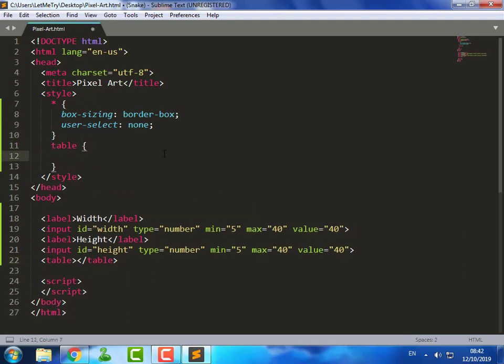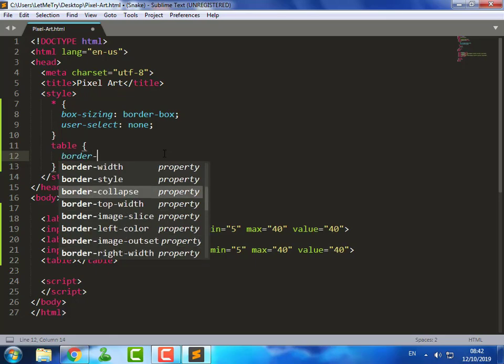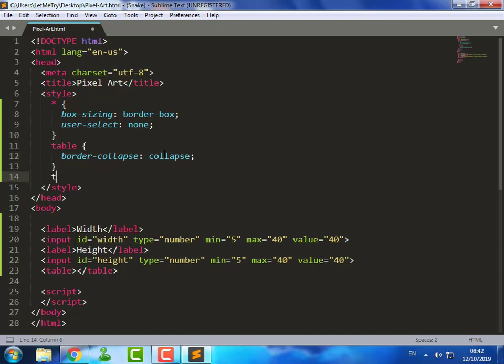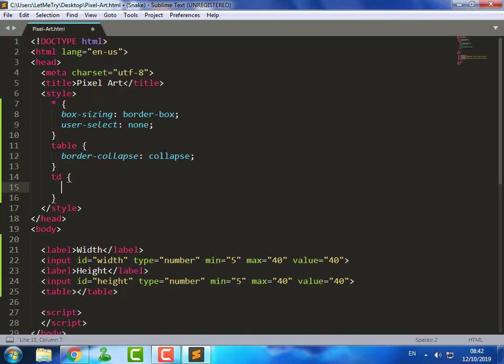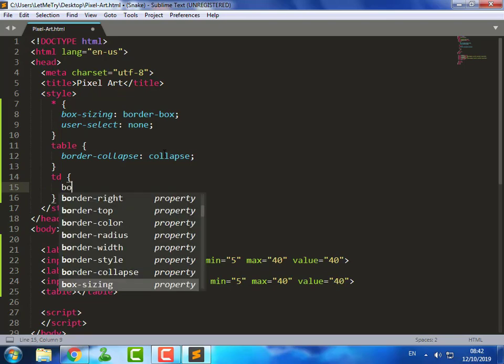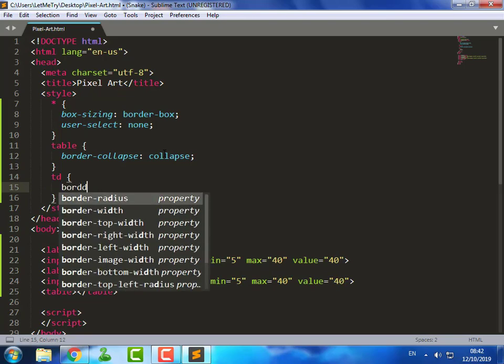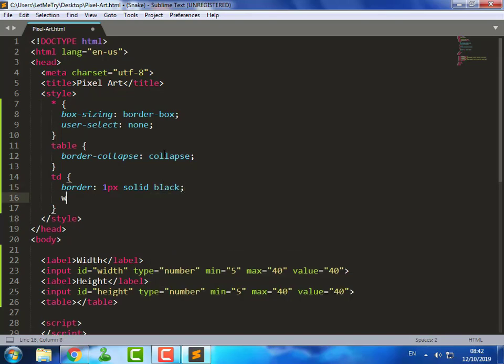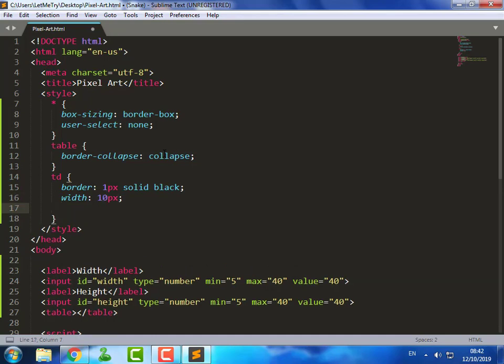Let's get rid of cell spacing in the table. Let's add the thin black border. And make the width and height of each cell 10 pixels.